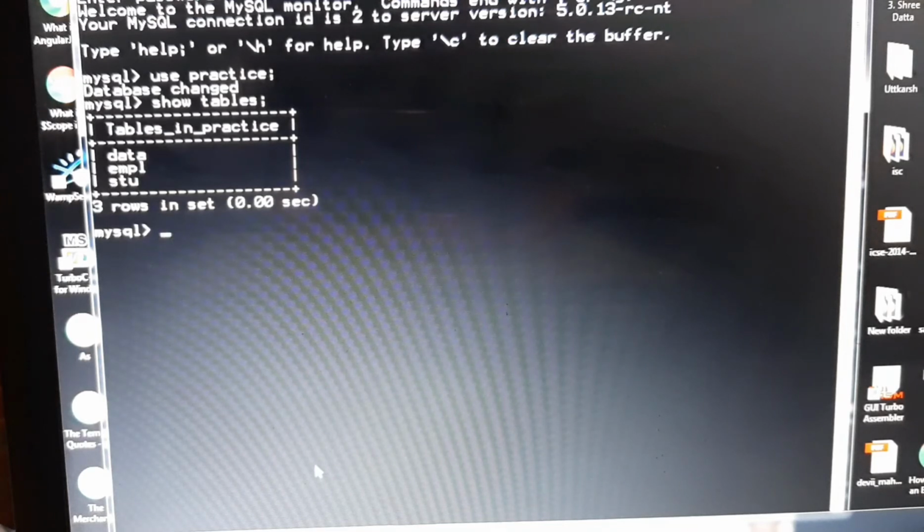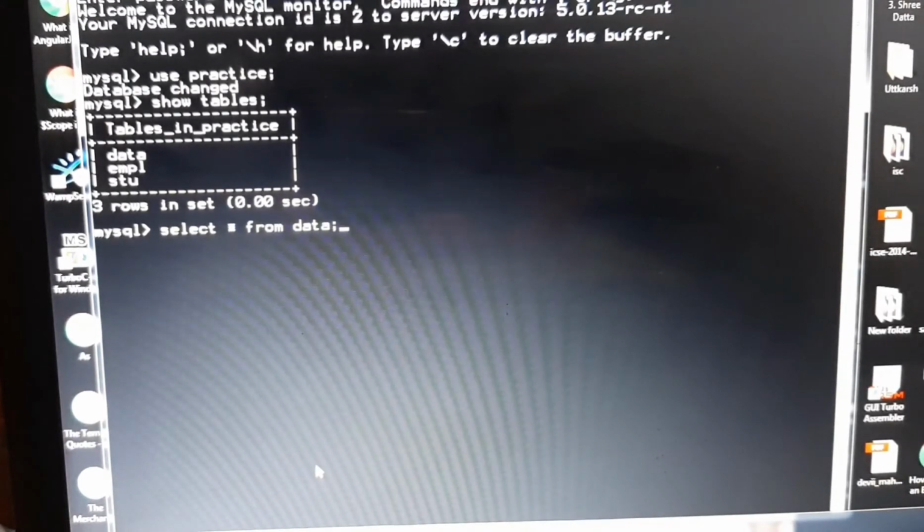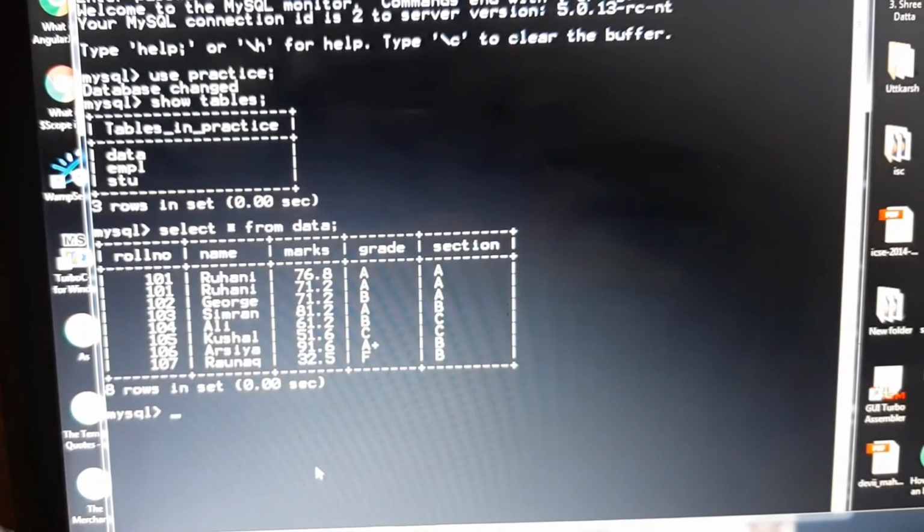Now first of all let me show you the records which are present in data. Select asterisk from data. Here we are getting some records, and if we have to arrange all the records which are present here in ascending order of marks, we will be writing select asterisk from data order by marks.